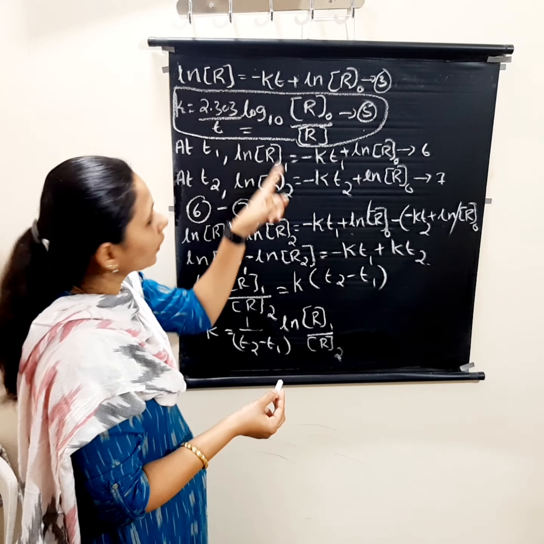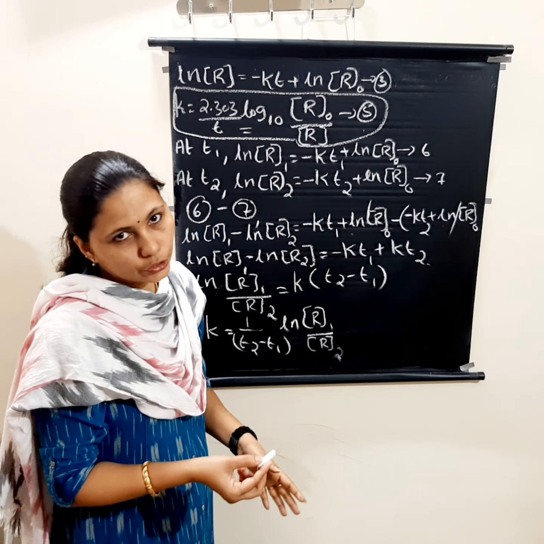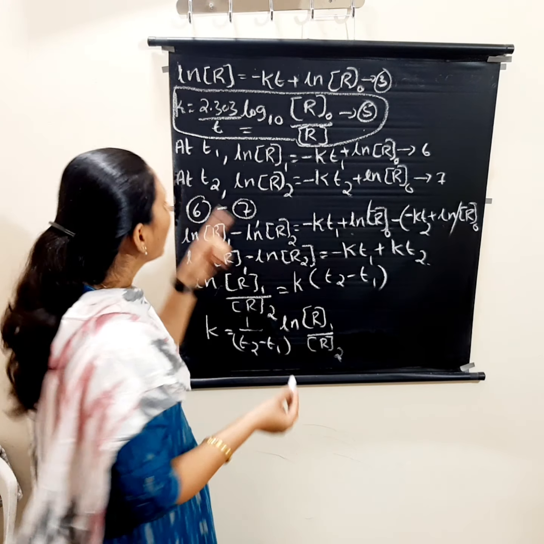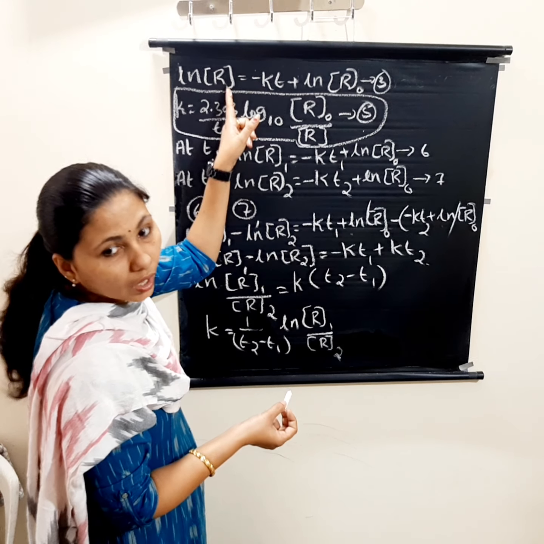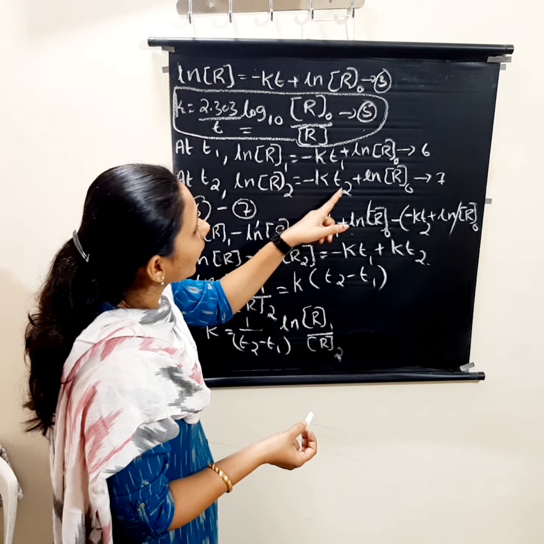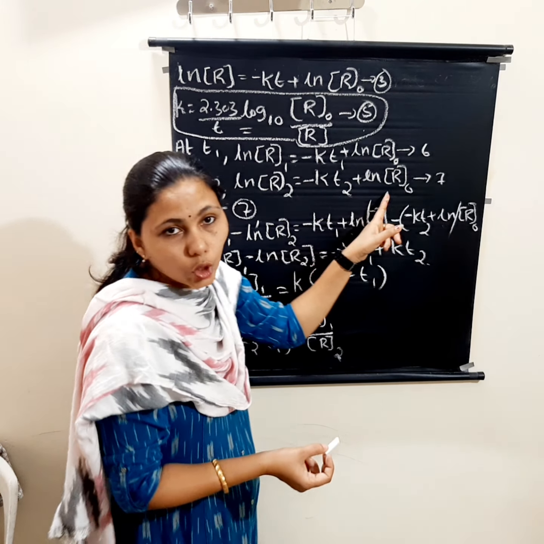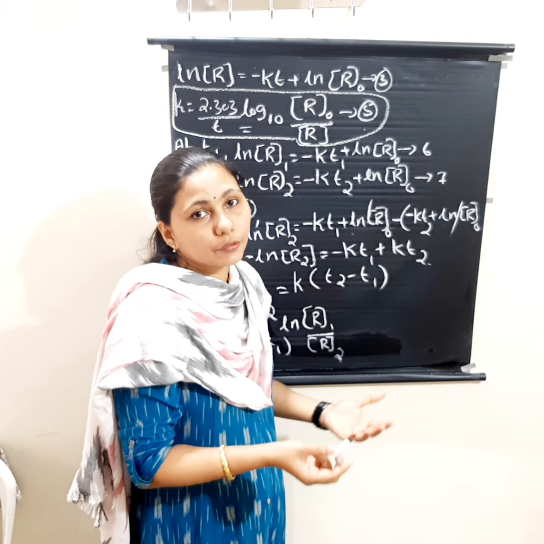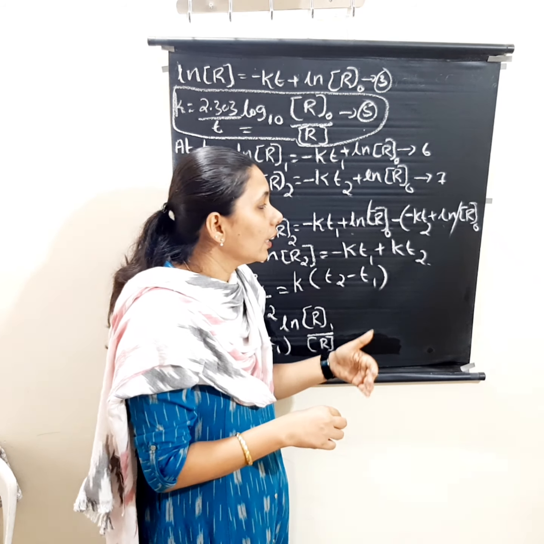At time t1, r1 equals minus k t1 plus ln r0. Rearranging equation 3 at time t1, and at time t2 what will be there? ln concentration of r2 equals minus k t2 plus ln concentration of r0. Got it? Okay, so we are deriving a different form of the integrated rate equation, that is mainly